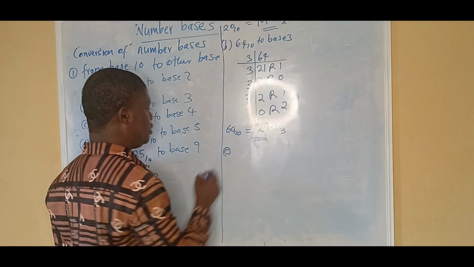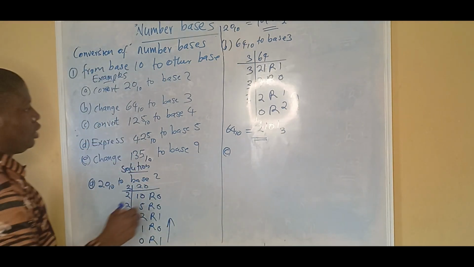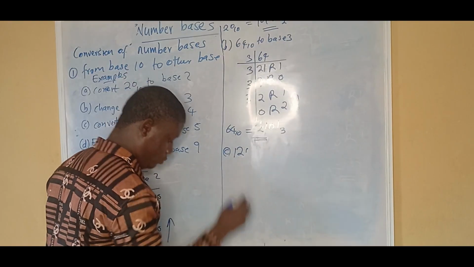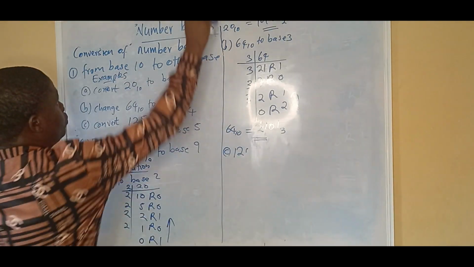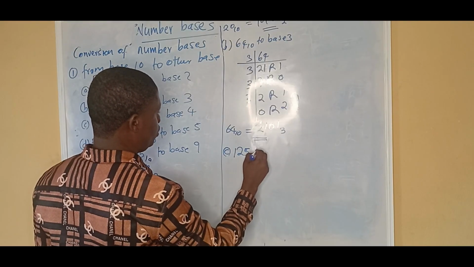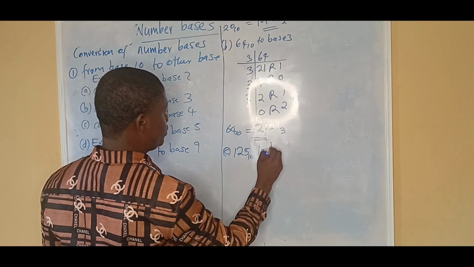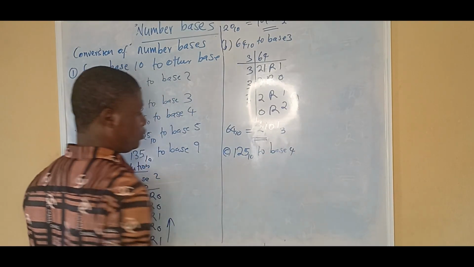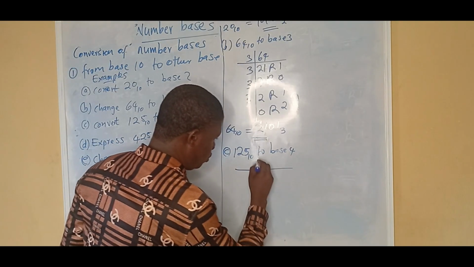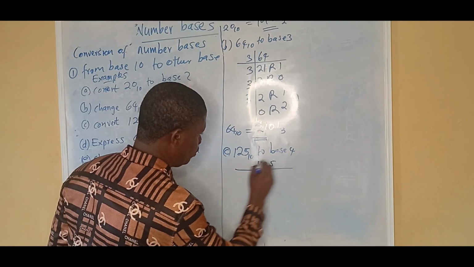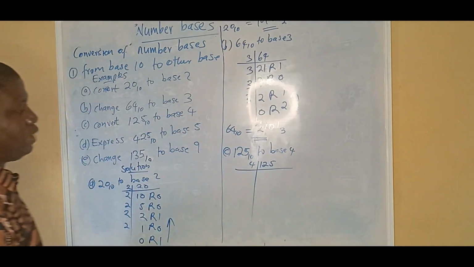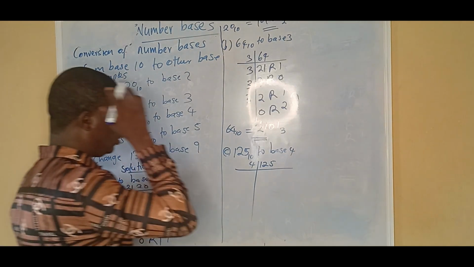So the C part of it, we have 125, which is in base 10, to base 4. So we're converting this to base 4, and we follow the same method. We have 125. We divide all through by 4. So 125 divided by 4 will give us